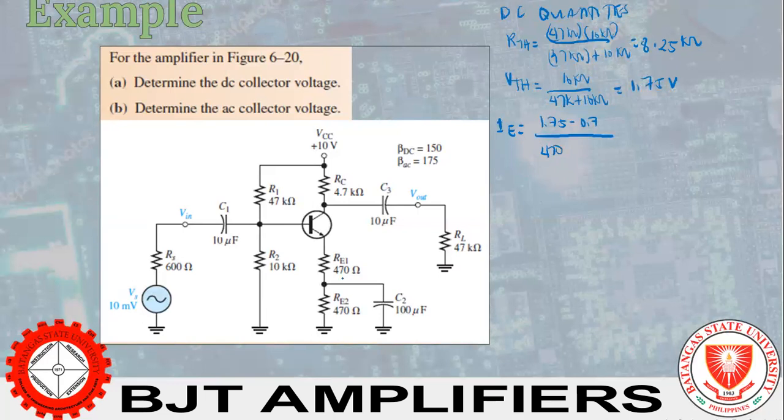So, 470 lang ang pareho siya, no? 470 plus 470. So, dalawa ito, 470 plus 470 kasi short muna natin siya sa DC. So, 470 plus 470 para sa IE, para sa RE, ano? RE1 plus RE2. Plus natin si